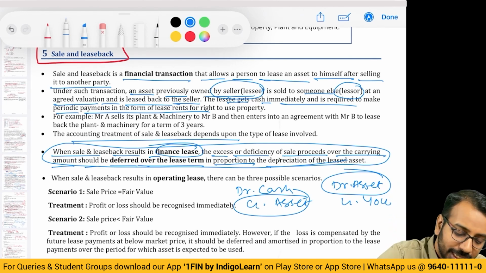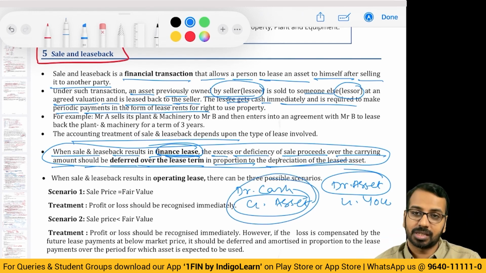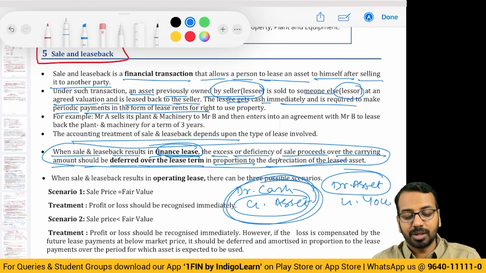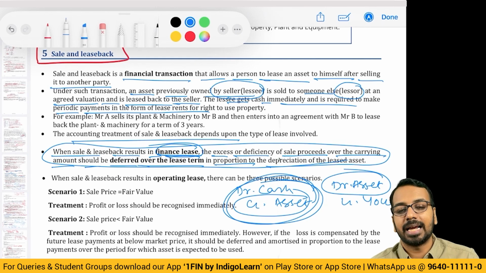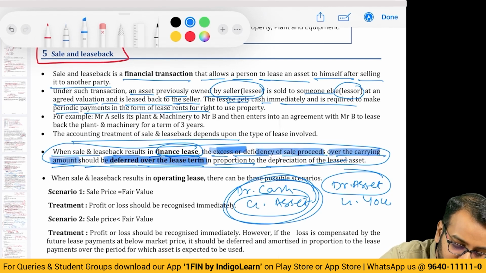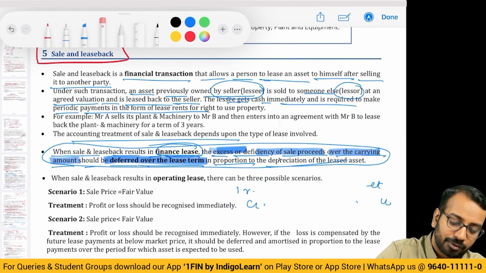Simply what you do is, if it is a finance lease, if there is a gain on sale, defer the gain on sale. If there is a loss on sale, that also you defer, because the asset is still with you. If the asset is with you, there is no point in recognizing any gain or loss immediately. So if it is a finance lease, any excess or deficiency of sale proceeds over the carrying amount should be deferred over the lease term. That is the first thing you have to remember. Second thing that you have to remember is,